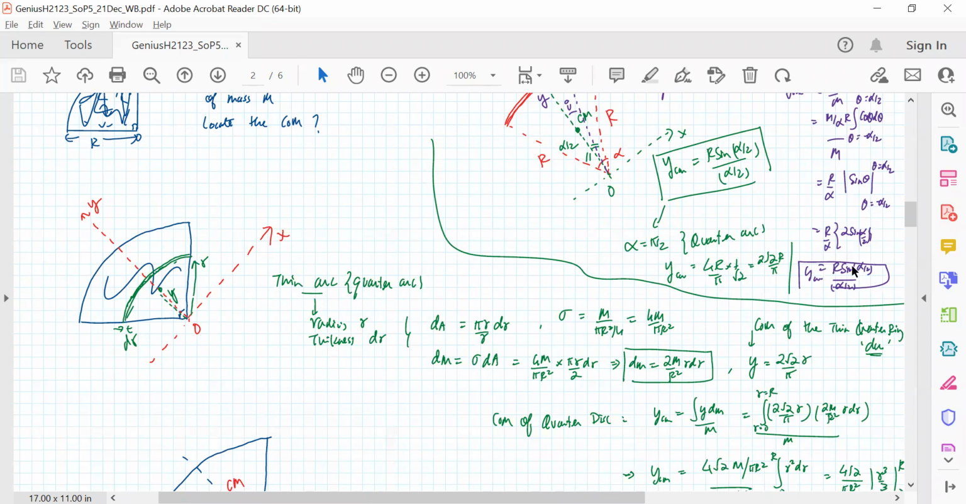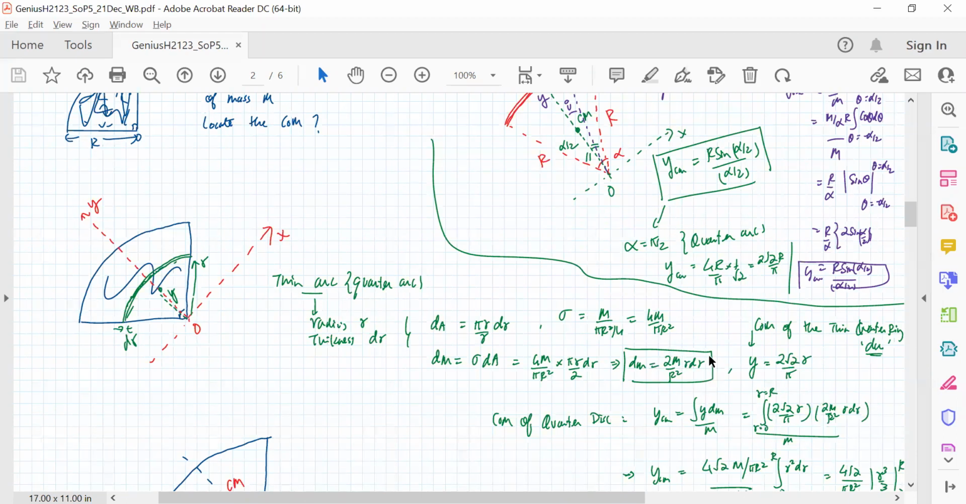So it becomes 2 root 2 r divided by pi. Only we'll replace capital R with small r now, because that ring has a radius of small r. So the center of mass of that quarter ring is located at this y coordinate. Now for the center of mass of the entire quarter disk, we have to integrate y dm divided by total mass. So y we will replace with this 2 root 2 r by pi,